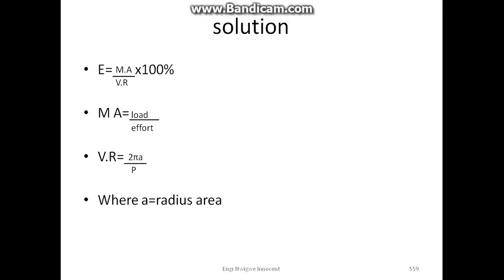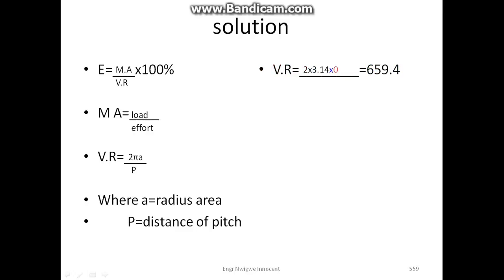Efficiency is equal to mechanical advantage over velocity ratio times 100%. Mechanical advantage is equal to load over effort. Velocity ratio is equal to 2 pi a over p, where a is the radius area, p is the distance of the pitch. Velocity ratio is equal to, by substituting the values, we have 2 times pi, which is 3.14, times